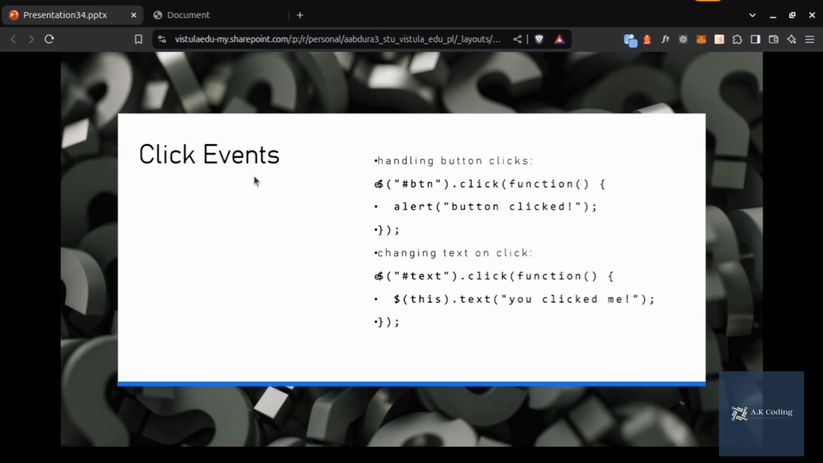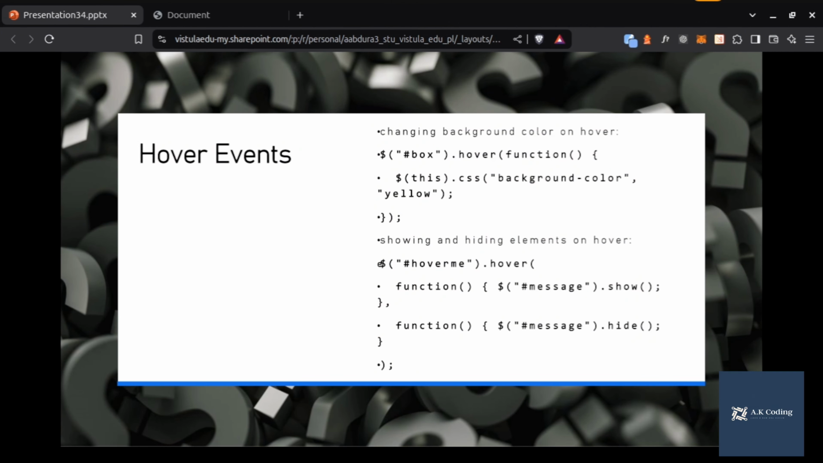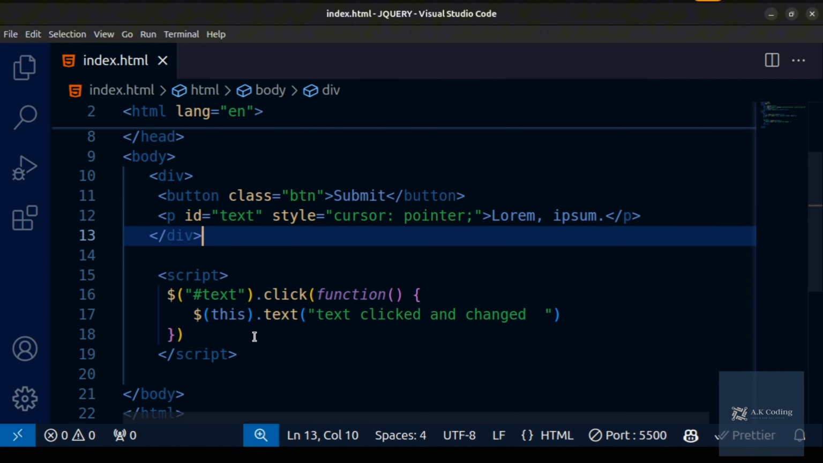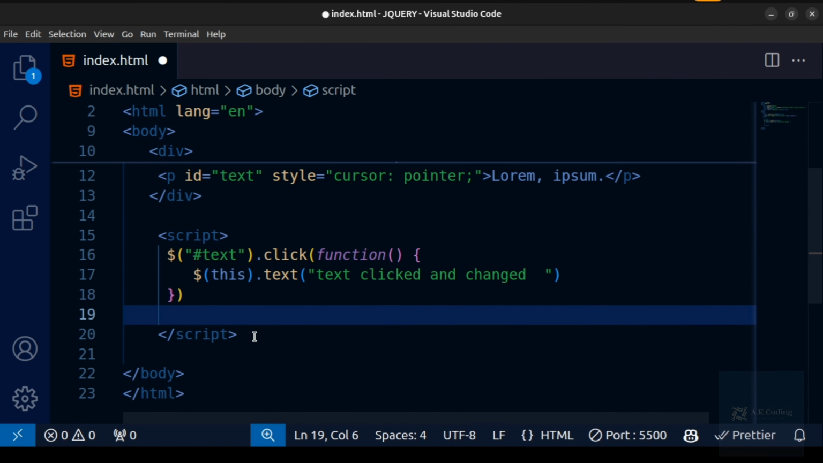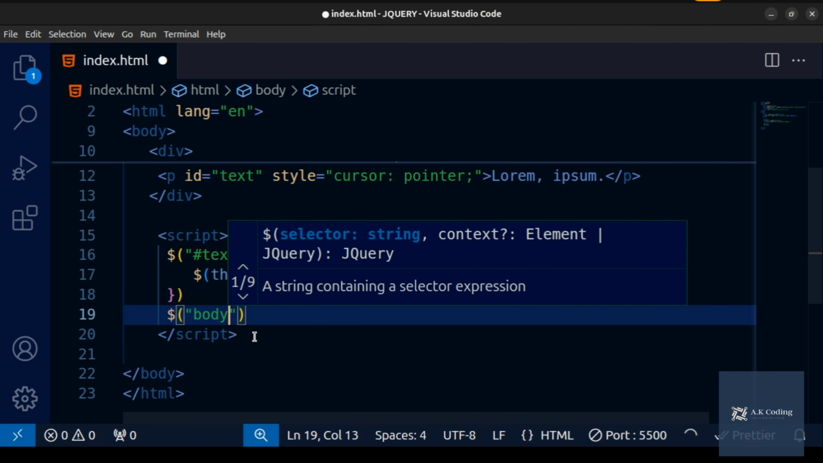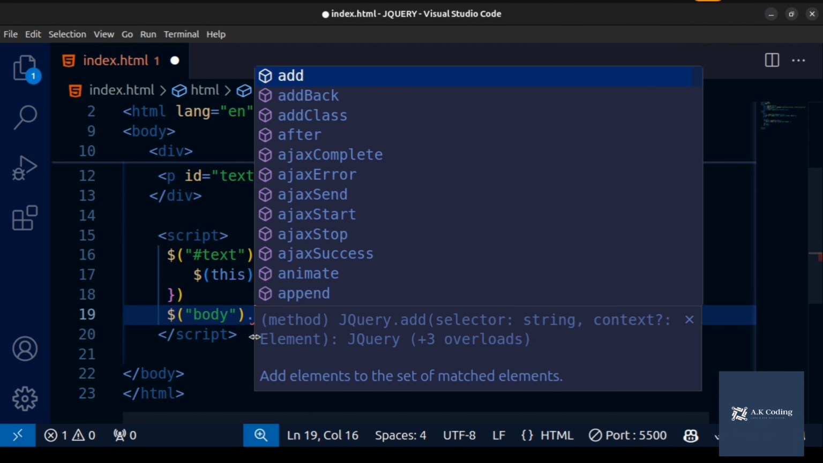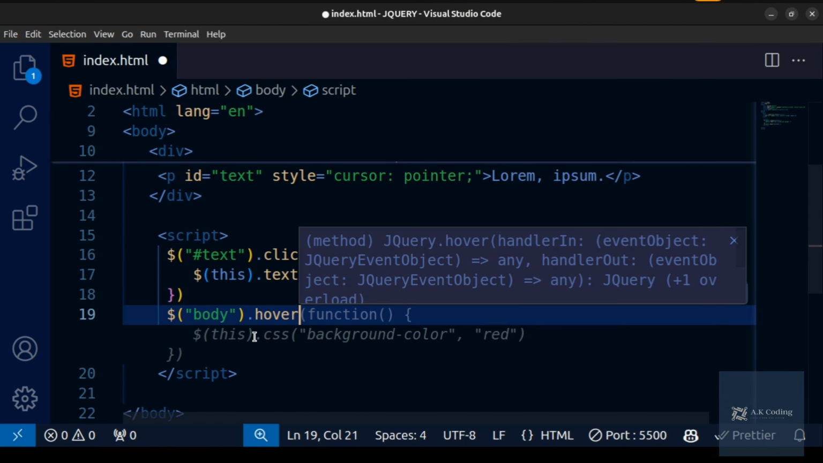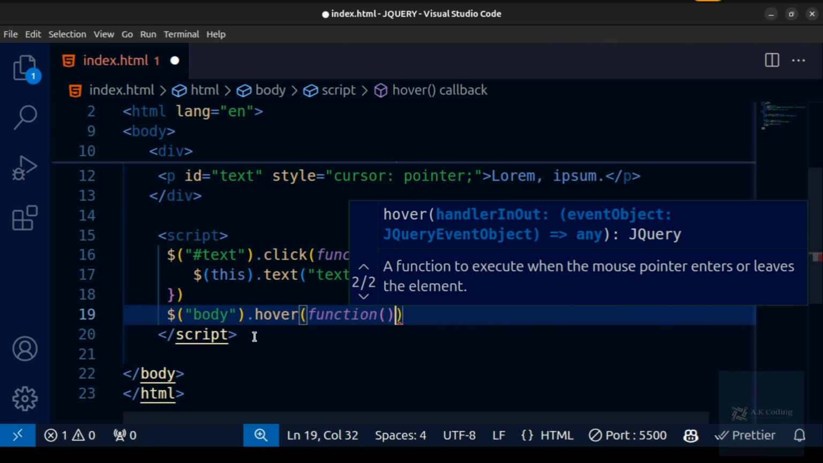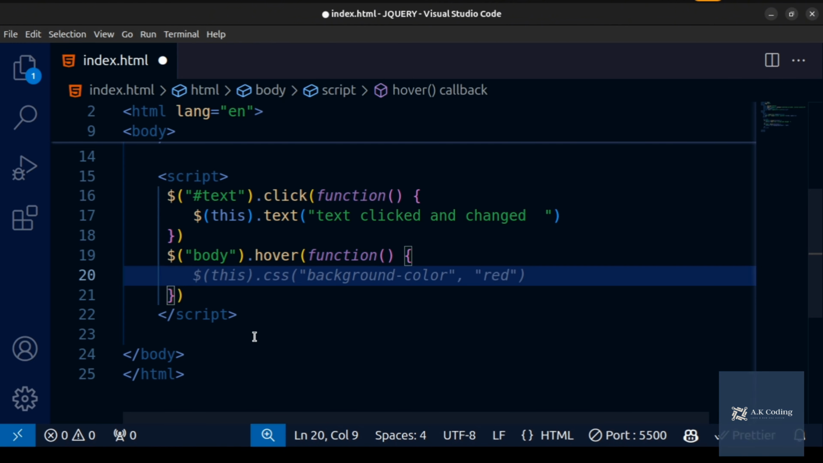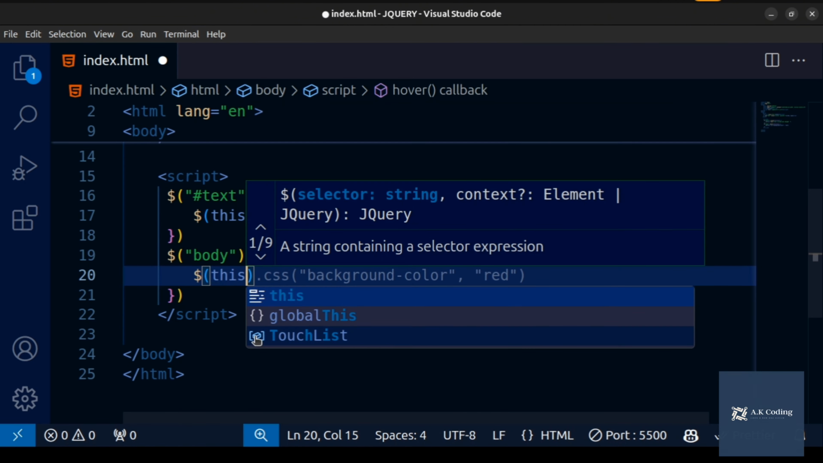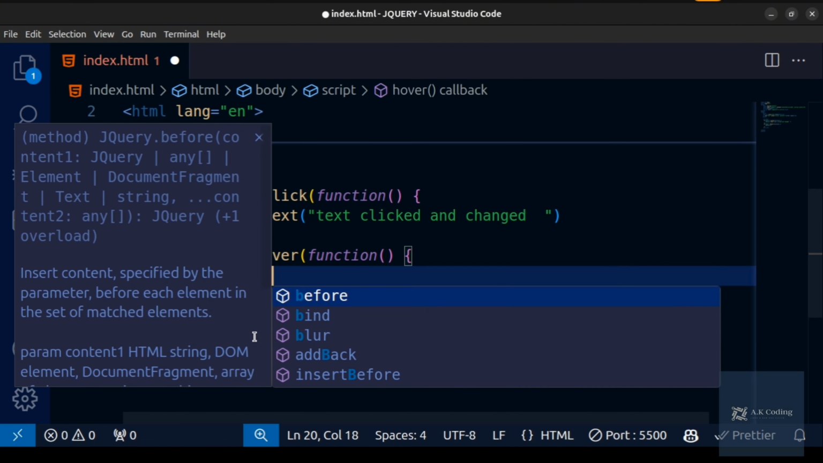Okay, this is working. The next events are hover events. We know what hover is, so we can change the background color on hover. We have the keyword hover, as you can see, and we can write some CSS here. What I'm going to do here is take the body. So how can we take the body actually? I'll write body, right? And I'll write hover with the function with curly braces, and inside the function, I'll write this keyword